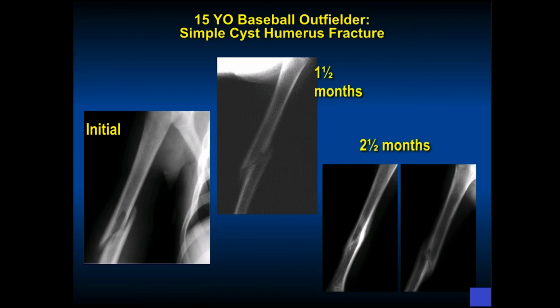This is a 15-year-old baseball athlete who was throwing the ball in from outfield and felt his arm follow the ball to the plate, which literally it was trying to do, and he too had a fracture through this unicameral bone cyst. Again, a little hard to see the cyst, but we see the cyst as healing occurs. So he ended up filling this in more quickly than the last patient. But think about a unicameral bone cyst if you have a diaphyseal fracture in an athlete without a significant amount